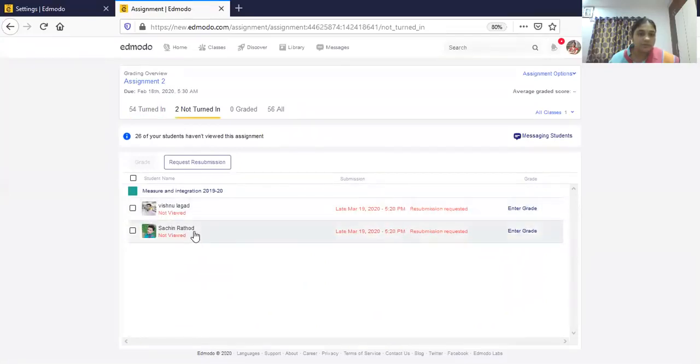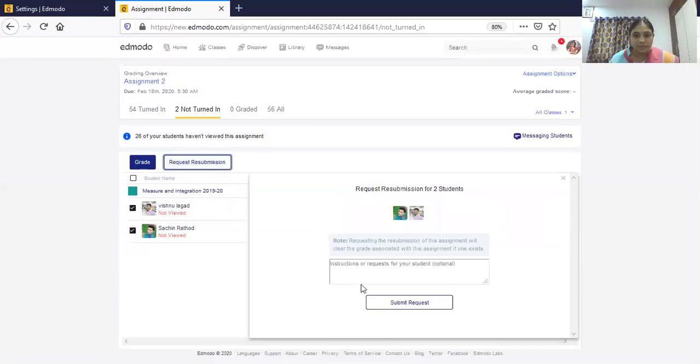These two students have not submitted, so you can request them for resubmission by checking the boxes. You can grade them directly, or request resubmission. You can type a request here and submit it to the students, and that request will go to the student. You can message the students also.